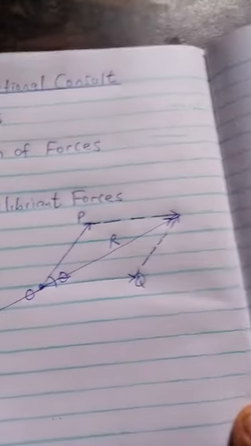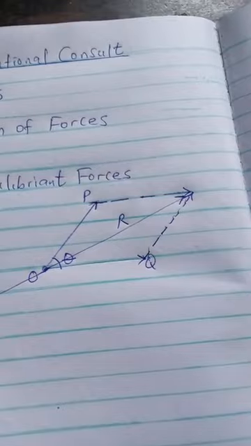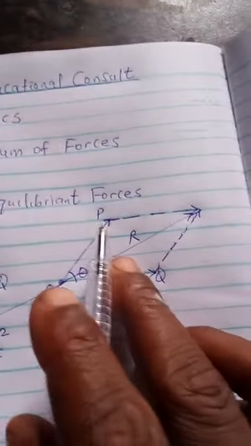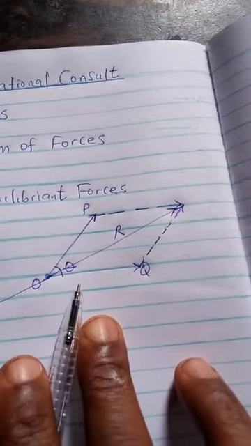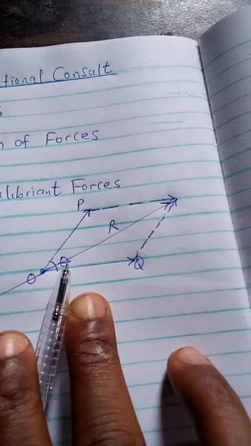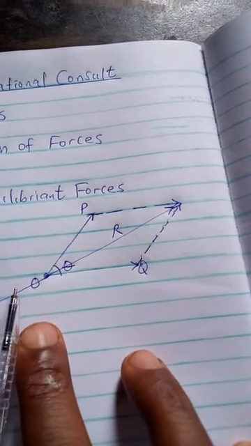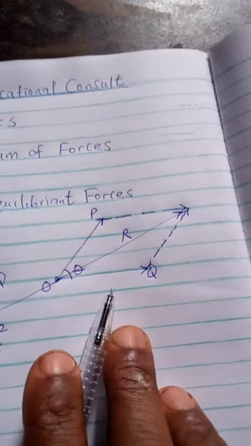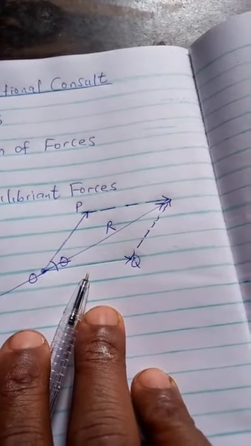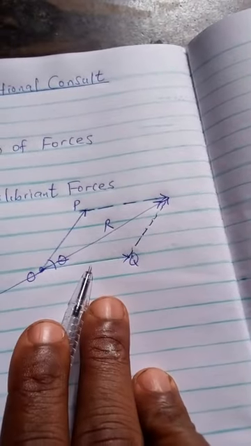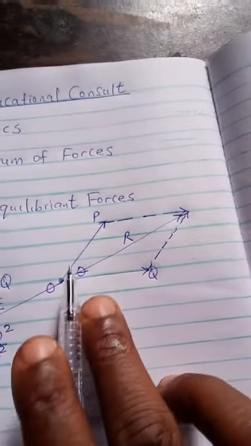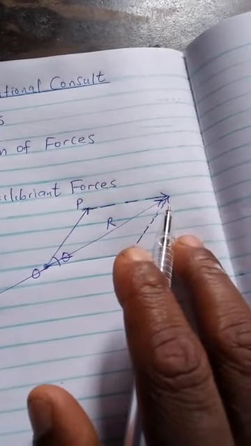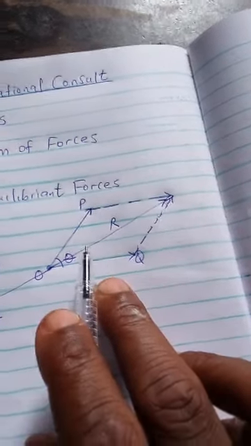Now, if the two forces P and Q are inclined at an acute angle theta less than 90 degrees, then the resultant will be the diagonal of the parallelogram formed, because forces P and Q represent the adjacent sides of a parallelogram. So the resultant of these two vectors is represented by the diagonal of the parallelogram, from the parallelogram law of vectors. So to get this resultant,